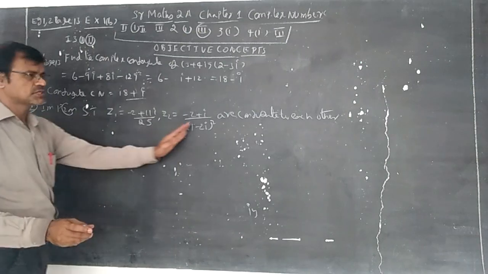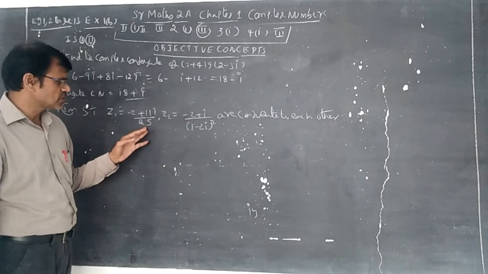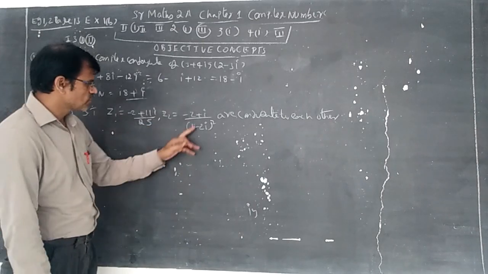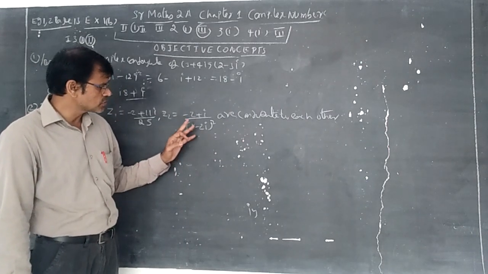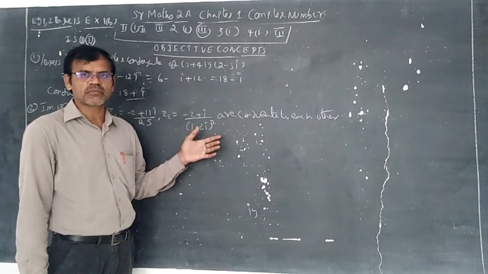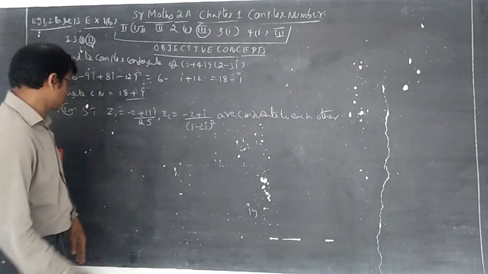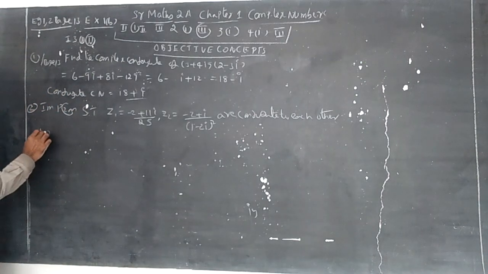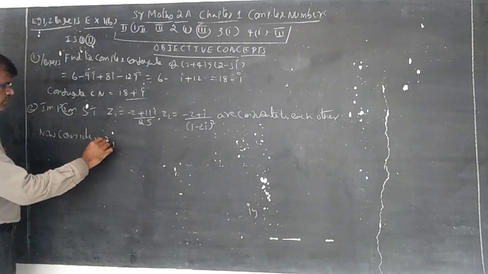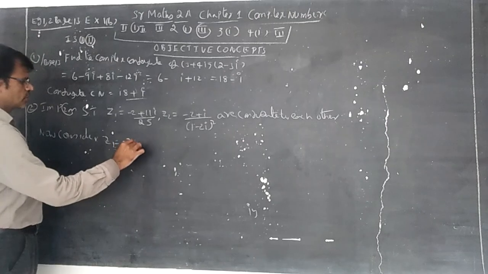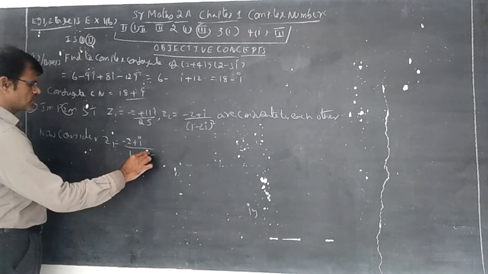Let us consider this one, because the denominator 25 is already there. So whenever 25 is there, there is no complex number in the denominator. First of all you need to calculate this one. This Z2 can be converted into a complex number, then you should get the answer minus 2 minus 11i by 25. Then this is right. Now consider Z2.